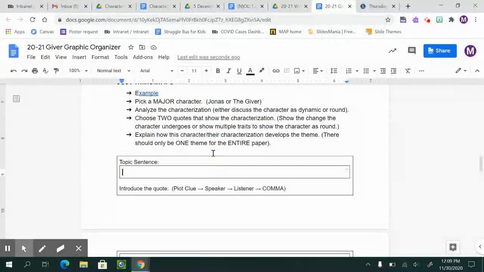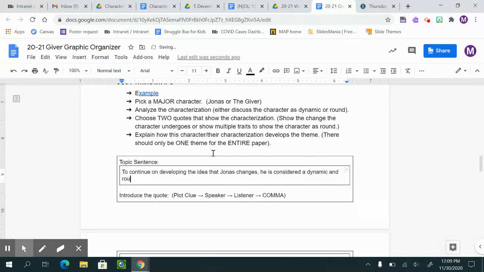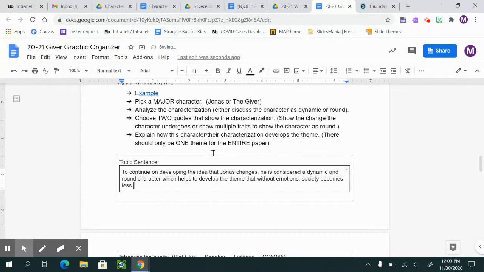So you could say, "To continue on developing the idea that Jonas changes, he is considered a dynamic and round character, which helps to develop the theme that without emotions, society becomes less